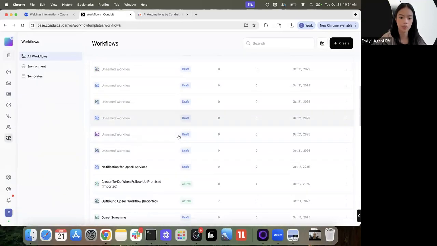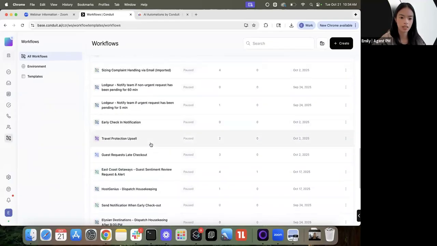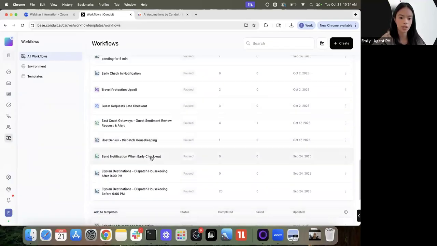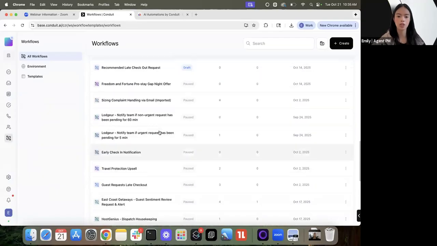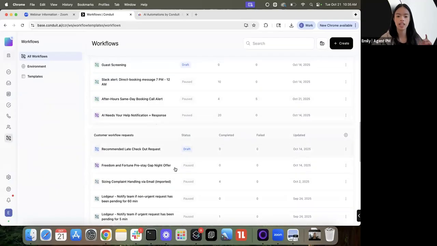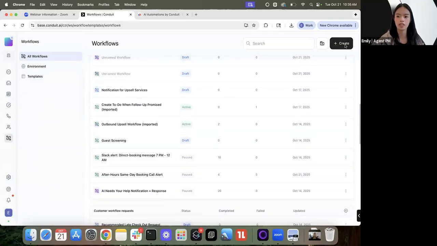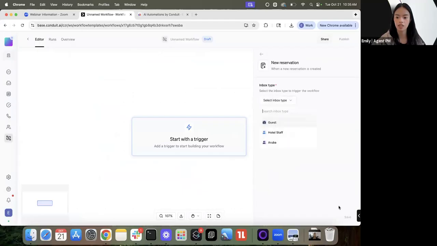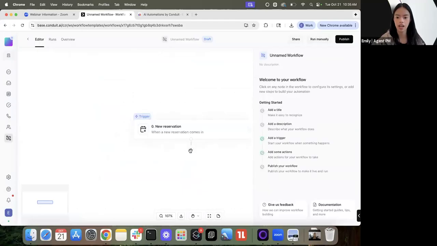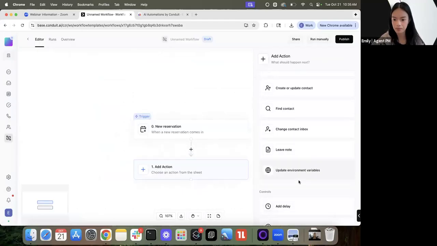So if I have like the VIP guest, I might, but it was a while ago. But that was just a workflow that I made where if a new reservation came in, like when a new reservation is created, I made a filter